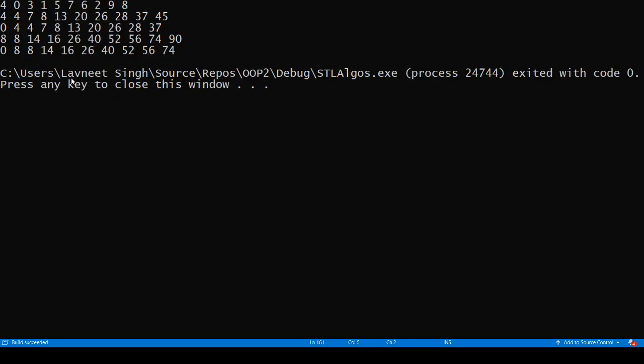So now you see, this is the inclusive scan. This is exclusive scan, which is lagging the inclusive scan by 1. This is transform inclusive scan, where we multiplied the element by 2 before we applied the regular plus functionality of inclusive, right?